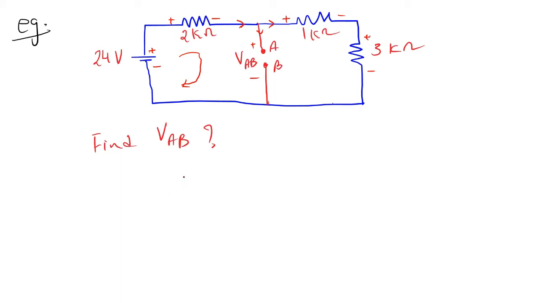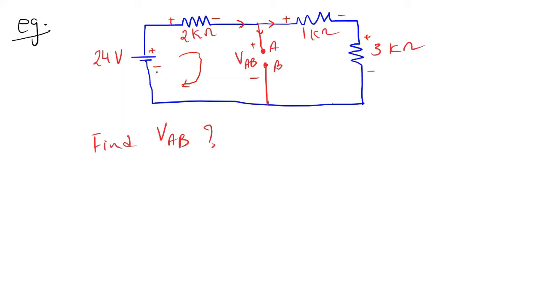So what will be the equation? Sir, is it 32, sir? No, you got only 24 volts. Your VAB cannot be more than 24 volts. The power source itself is 24, right? Yes, sir. How can you get more than 24? It should be less than 24. There is a voltage drop across this 2 kilo ohms and the remaining also. So that you have to check.